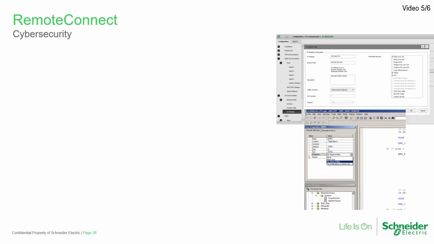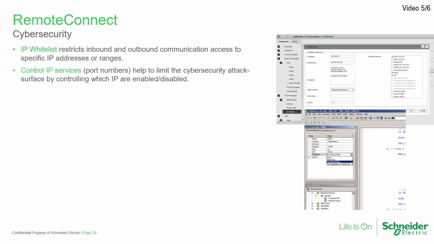As I briefly discussed earlier, cybersecurity presents unique challenges to system administrators and engineers. These challenges must be adequately addressed in order to help ensure the safety and integrity of critical SCADA infrastructure. RemoteConnect enables the configuration of important cybersecurity tools, including an IP whitelist to restrict inbound and outbound communication access to specific IP addresses or ranges, the ability to control IP services, i.e. port numbers, to help limit the cybersecurity attack surface by controlling which IPs are enabled or disabled,